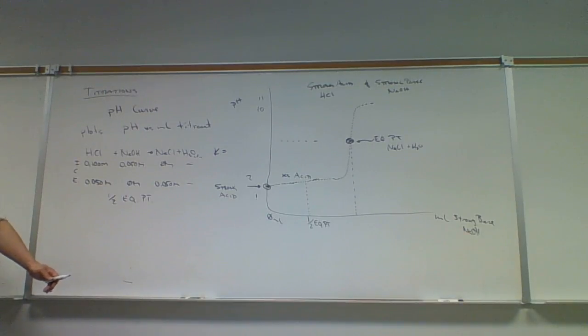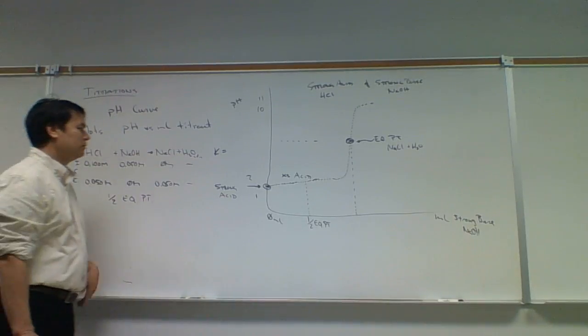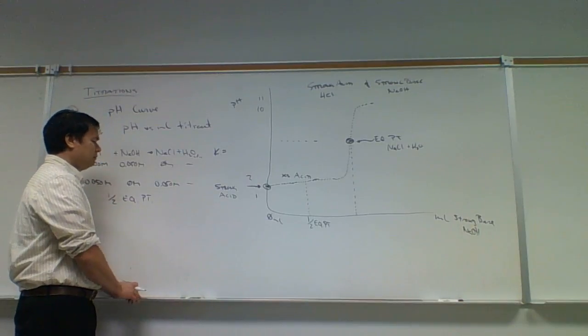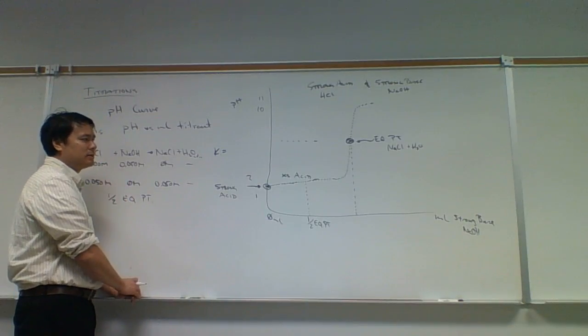But this is what we call the half equivalence point, and for this reaction, we don't have to worry about back and forth equilibrium. We can have a 0 in here because K is